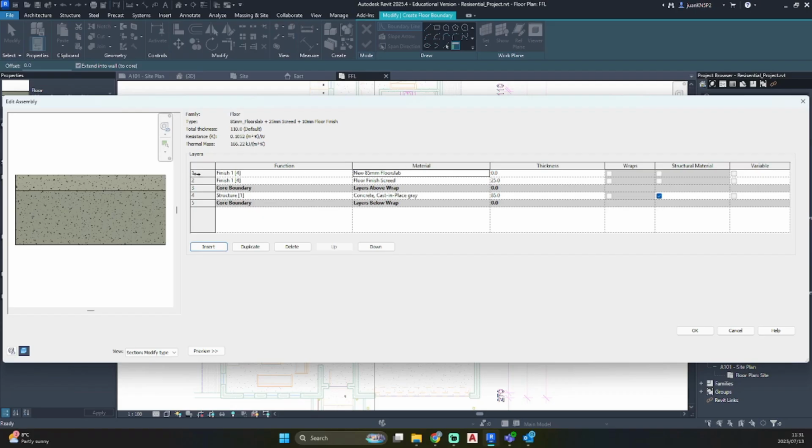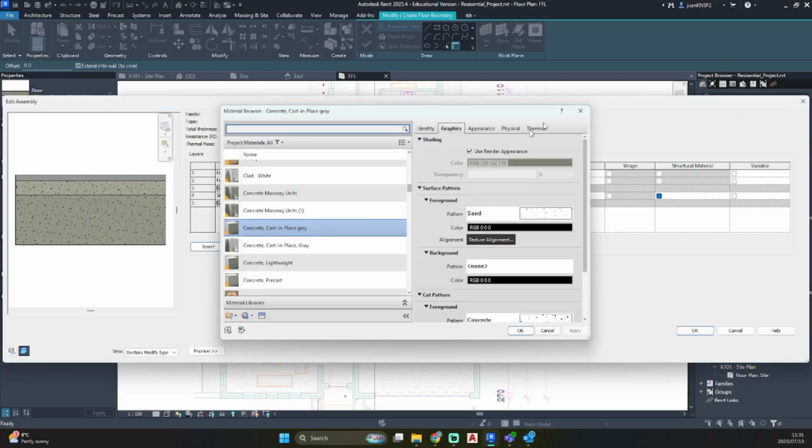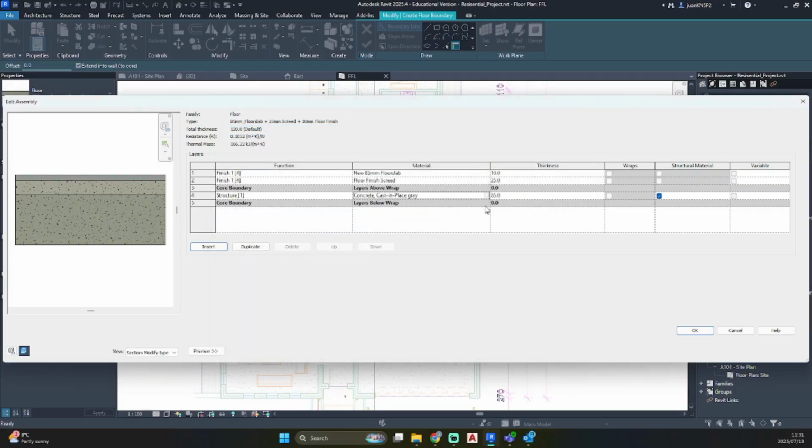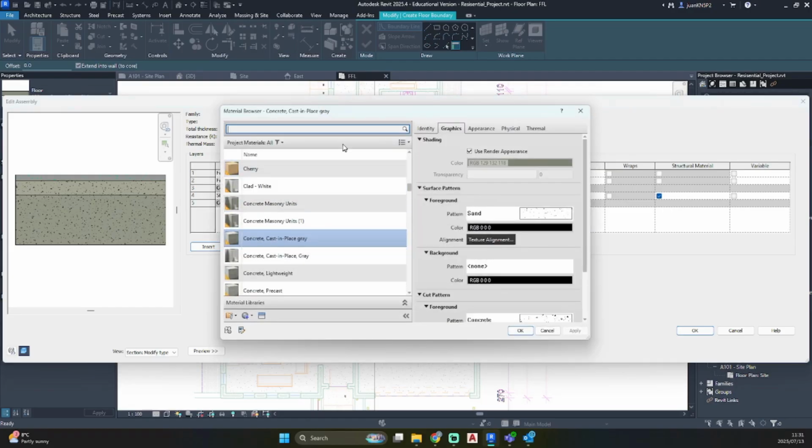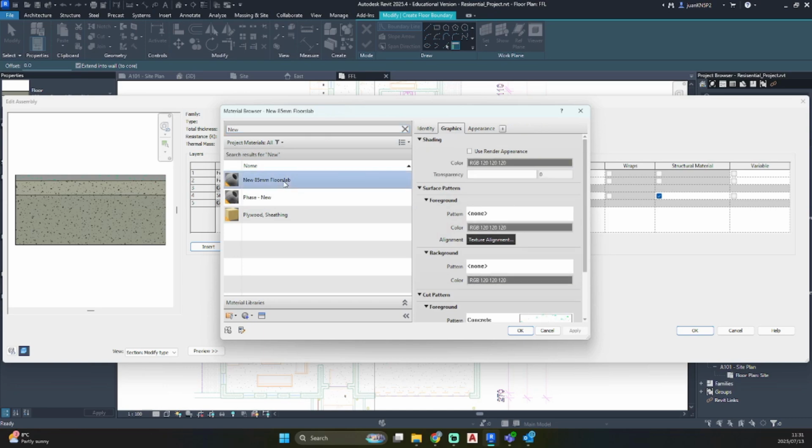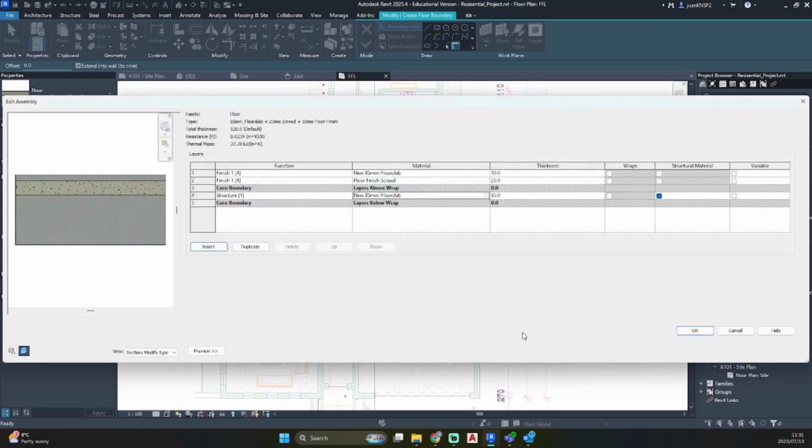so I've assigned it to the incorrect area. I'm just going to give that a quick thickness of 10 and you'll see it pop up in green. So we would like that to be on our bottom one. So let's just go click on that, on the material of our floor slab. Click on the three dots. It's going to search new 85 millimeter floor slab. Okay. And you'll see it has changed.